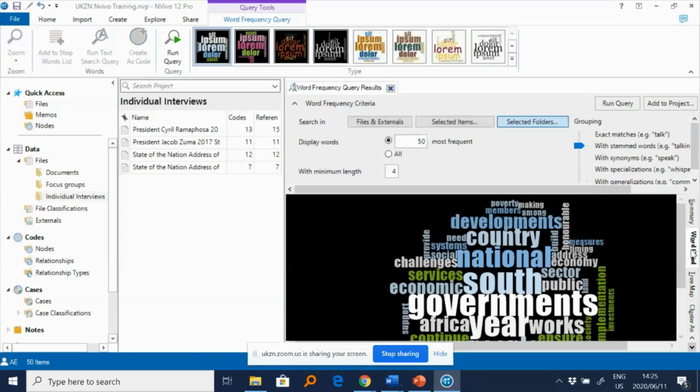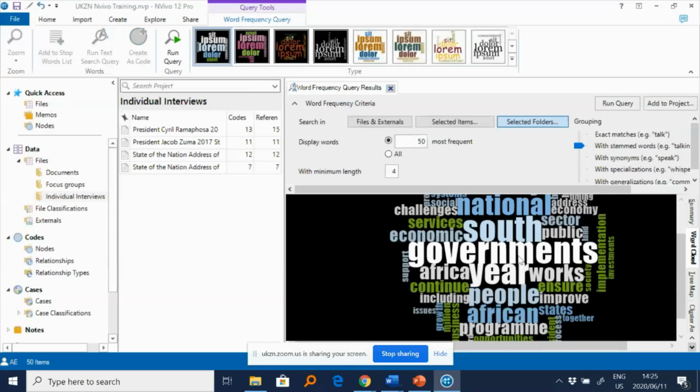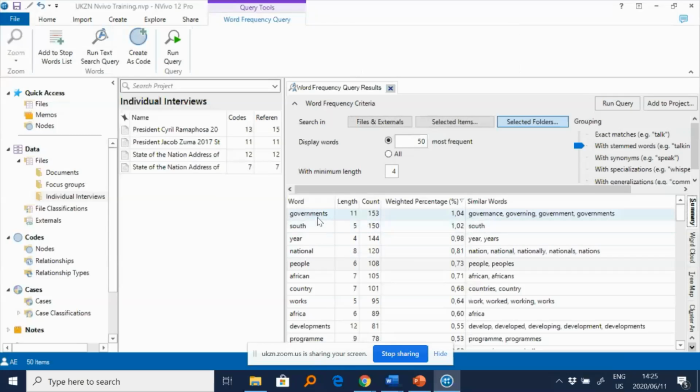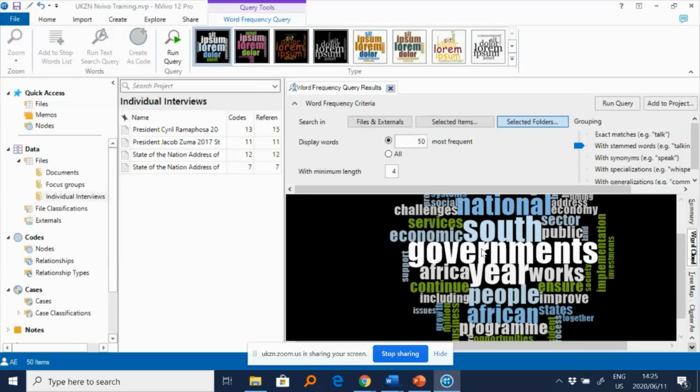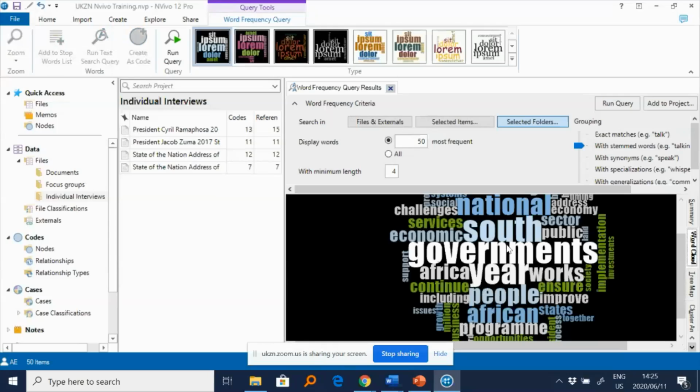It displays the word cloud, and what this means is that it's like a graphical display of what we have here. So NVivo takes the number of times that they appear and displays it as a graph. So the bigger the word, the more frequently it appeared in your transcript. As you can see here, government, South, year, the top 3 words. You come here, it's not surprising. You see government, you see year, you see South.